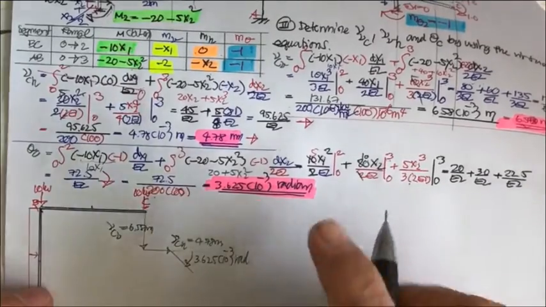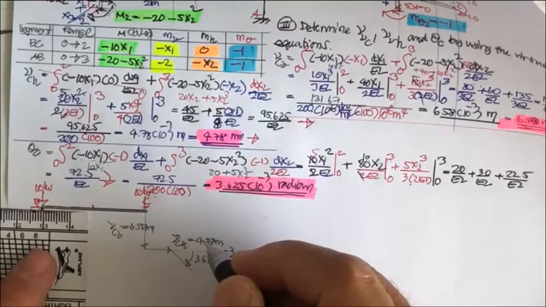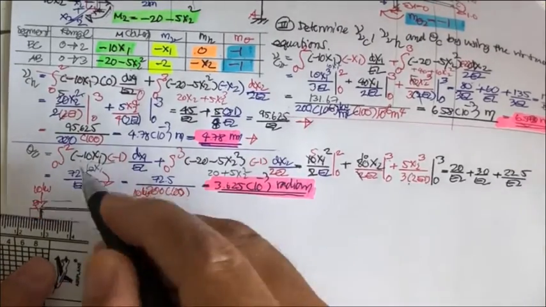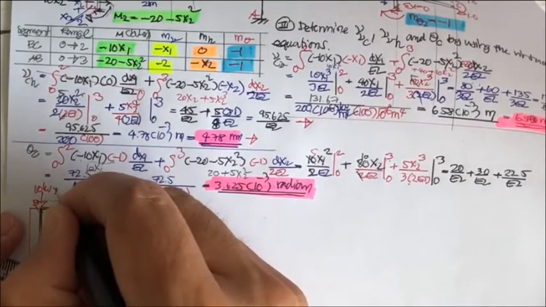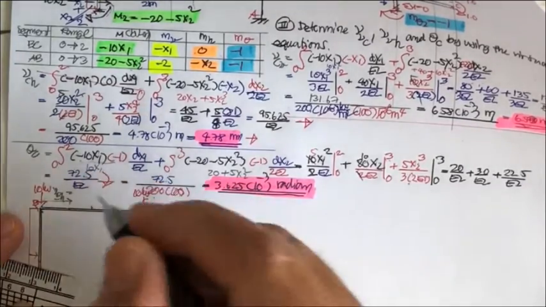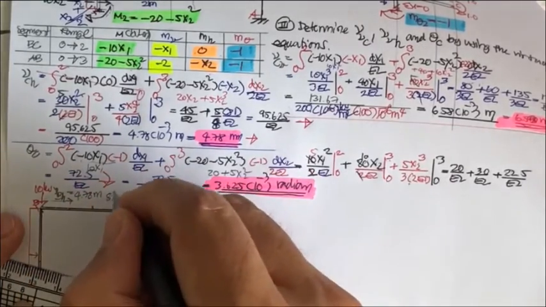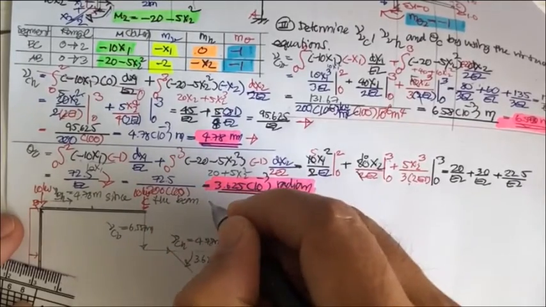Okay, and since this one has moved about 9 millimeter, you may see this one is going to be about here. This is going to be V sub B H equal to 4.78 millimeter, since the beam